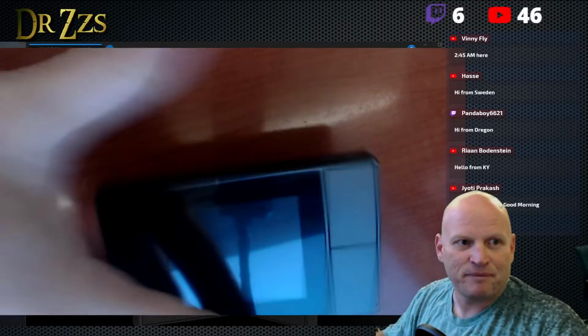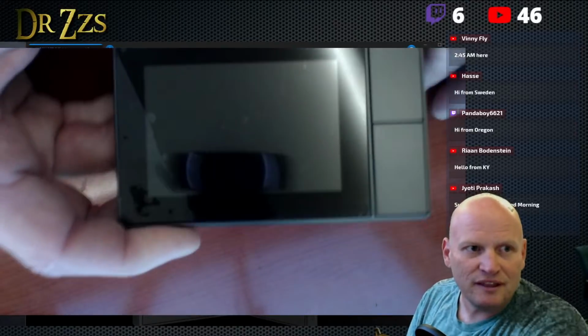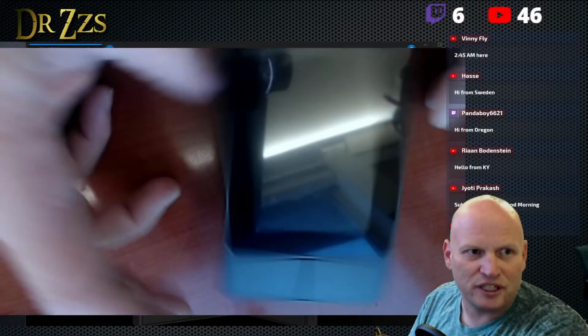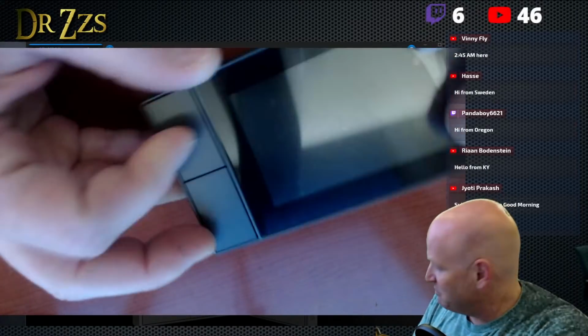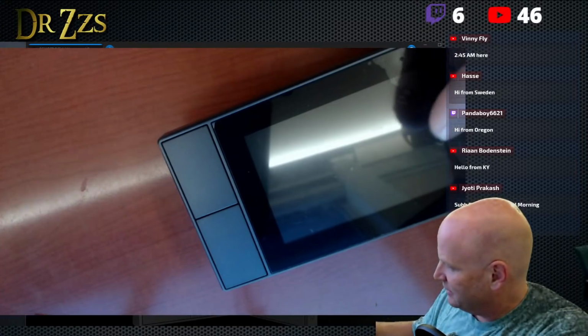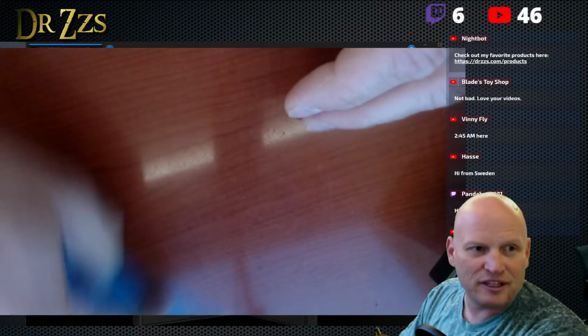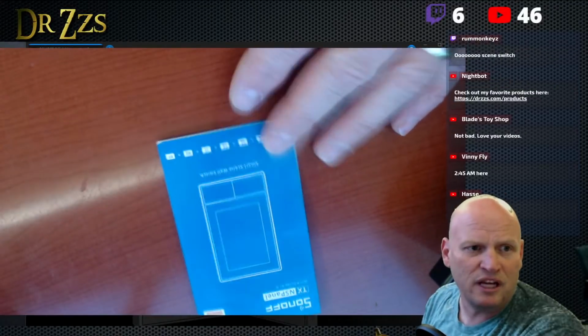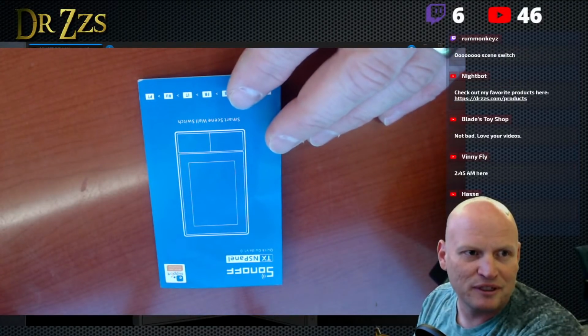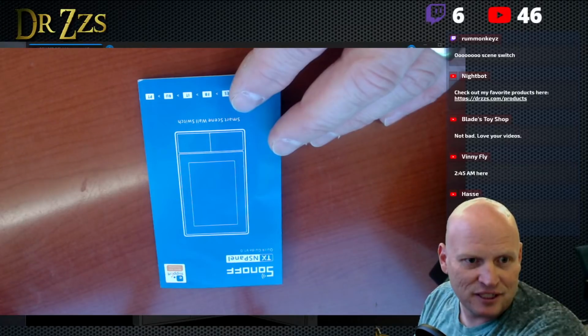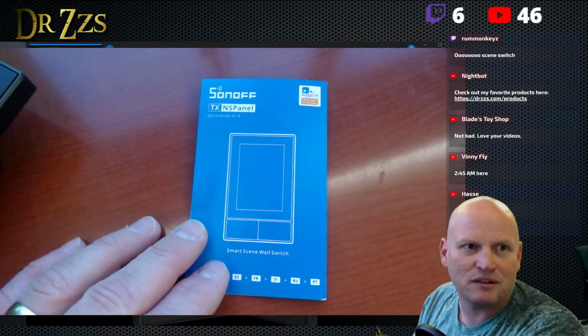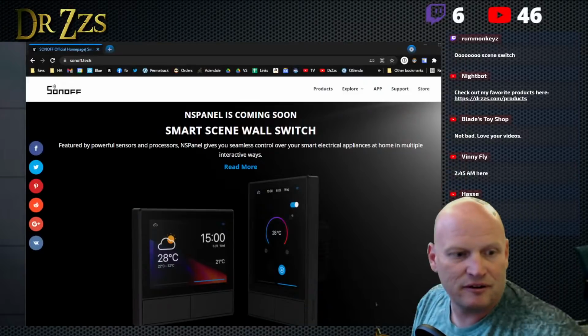Oregon. Okay. This is a Sonoff switch, and it just came in the mail today, actually. They sent me this and they might have told me not to tell anybody, but I don't remember. So I'm just going to go ahead and tell you all about it. I figure since it's on their website, we can talk about it, because it is right there.